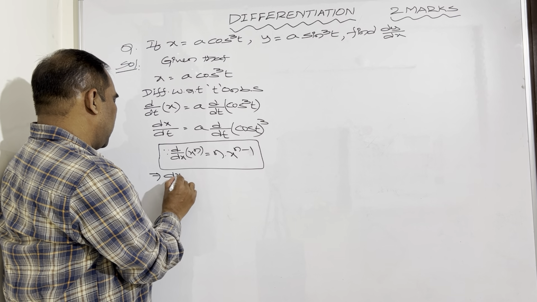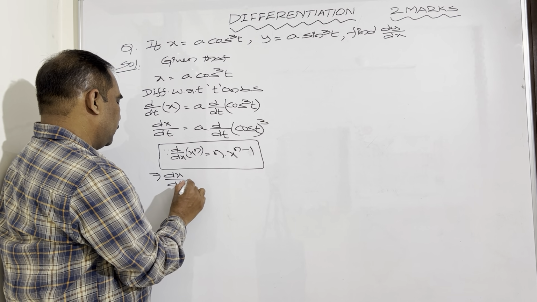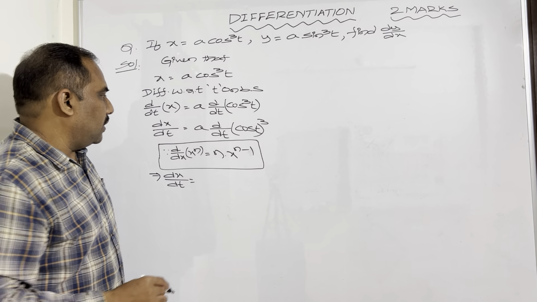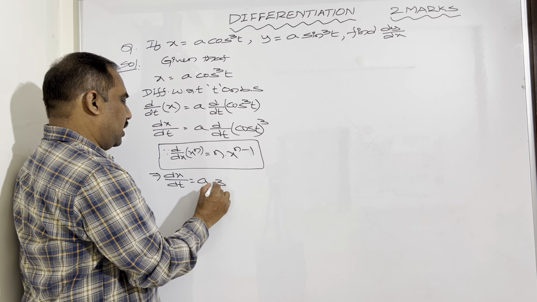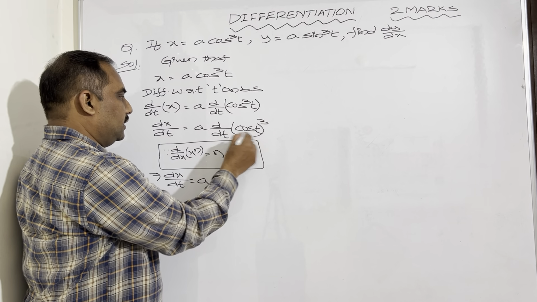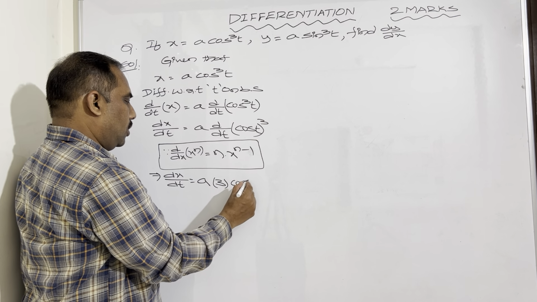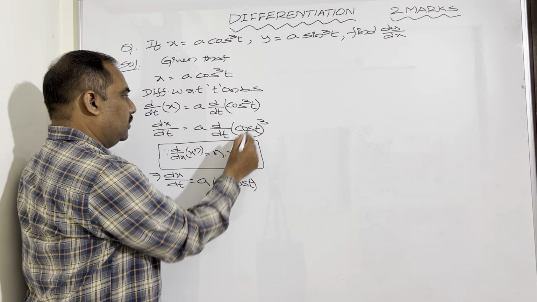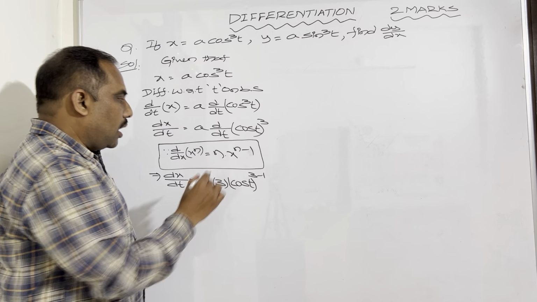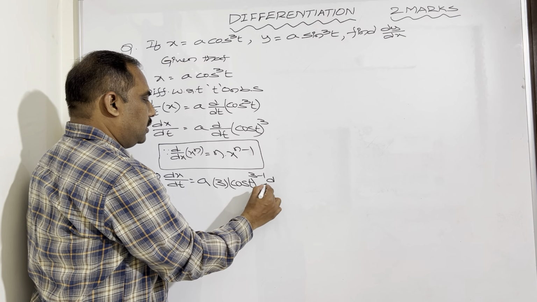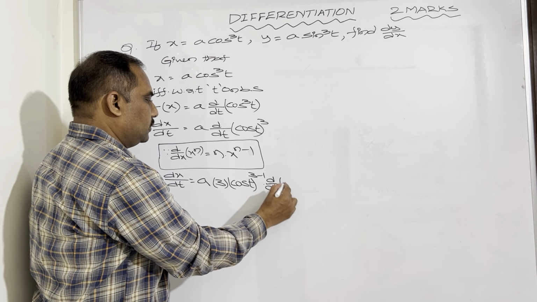So dx by dt is equal to a into, n is 3, x is cos t, so cos t whole to the power of n minus 1, that is 3 minus 1. Again we have to do the derivative of cos t